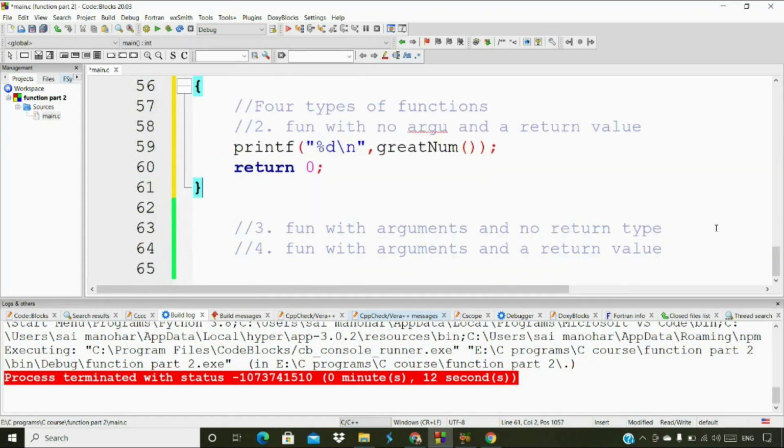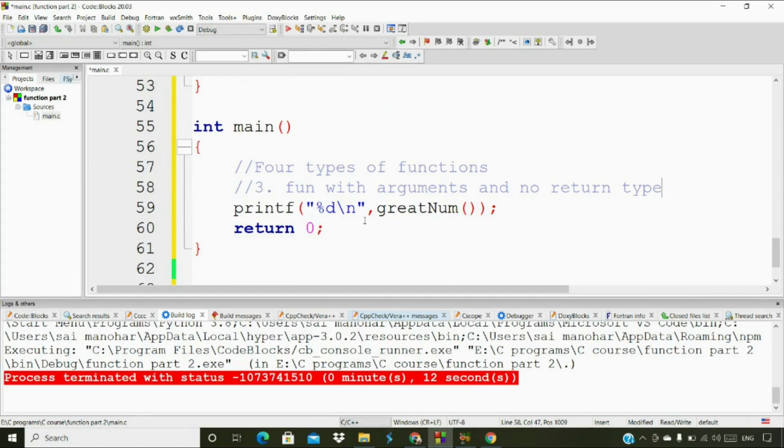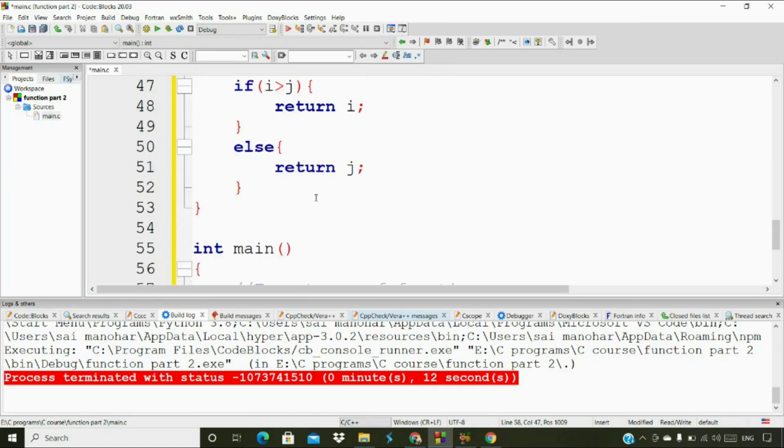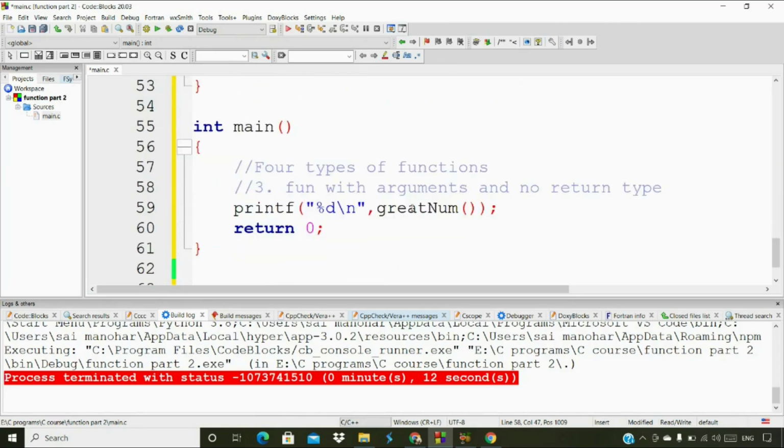Yeah, here we have one more type, that is function with arguments and no return type. It's the reciprocal of the second type. So it's just the reciprocal of the second type. So now what we're going to do is